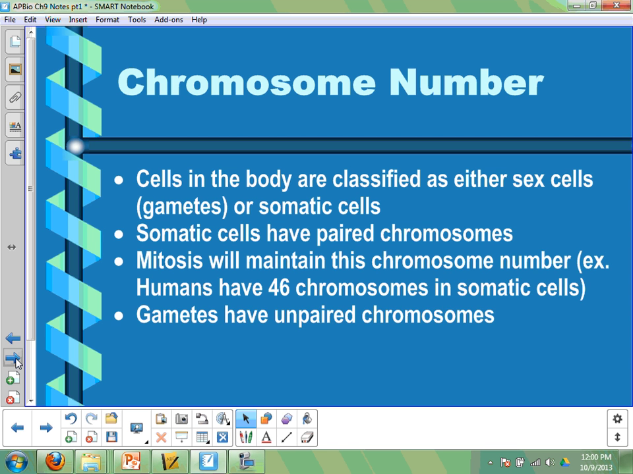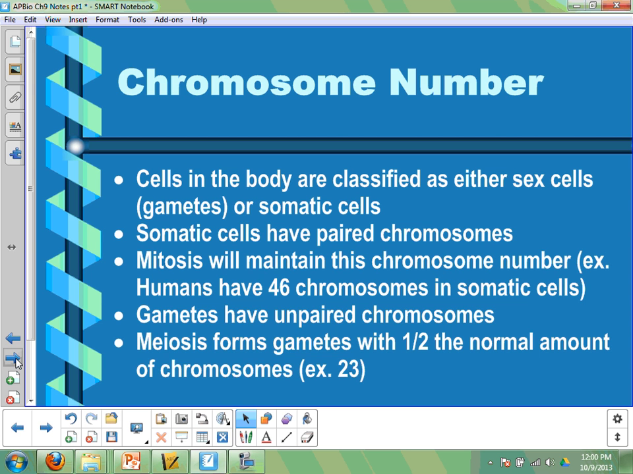Now, gametes, those sex cells, have unpaired chromosomes. What happened is when the gamete was formed, only one chromosome from each pair in the original somatic cell it was formed from was passed along. So if we're talking about a human gamete, if it's normal, it will have 23 chromosomes, half